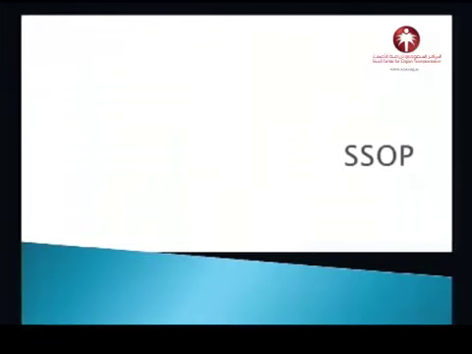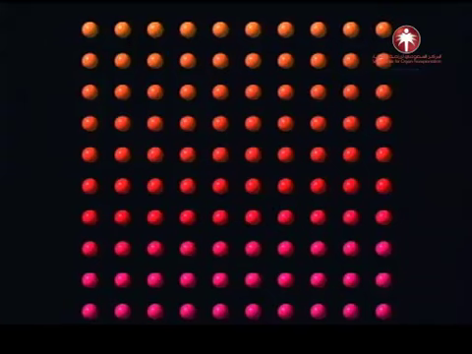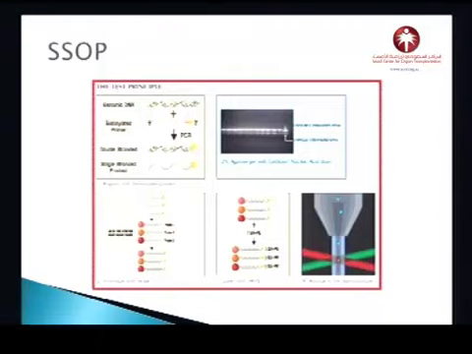The second technique that I'm going to talk about is the SSOP, which is the sequence-specific oligonucleotide, which all started when they introduced the microsphere, 100 different beads that you can coat with the probe and then detect the HLA. So this is the reaction itself, which is SSOP, which is a very simple reaction where you can extract the DNA, amplify the DNA with the target, and then